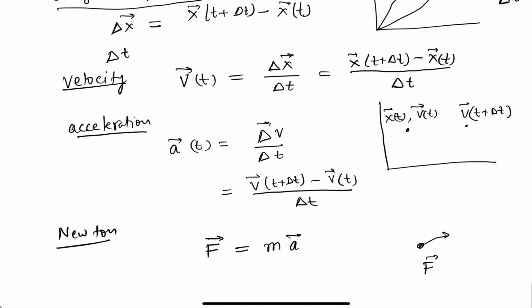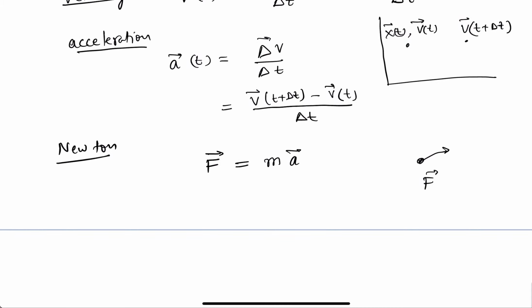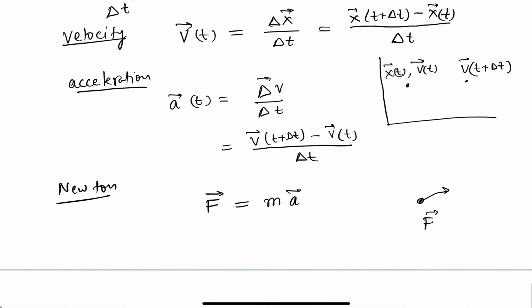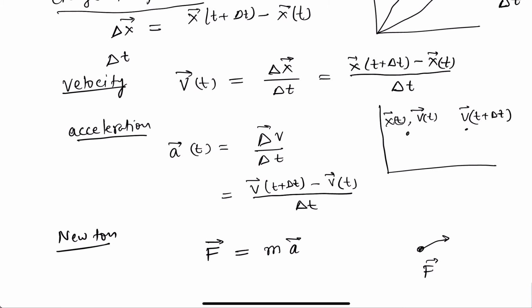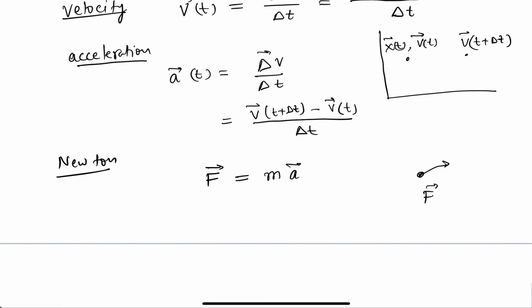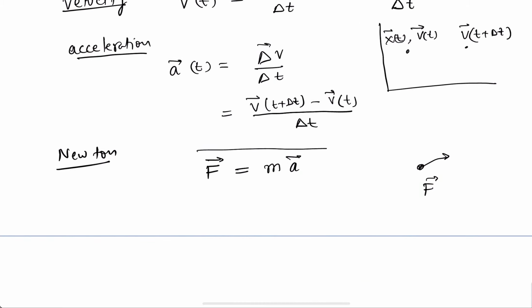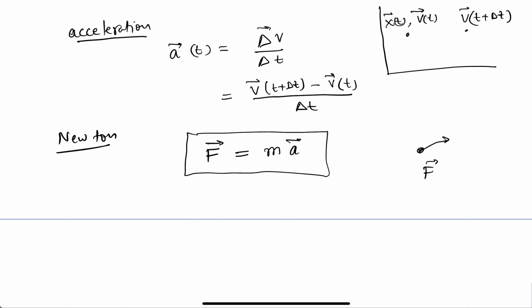And that's why the particle actually moves. And now once we have this machinery, we have defined what is x of t, v of t, and a of t, then we can use this formula F equals ma to describe how the position of the object would change in time, because as you remember, a contains